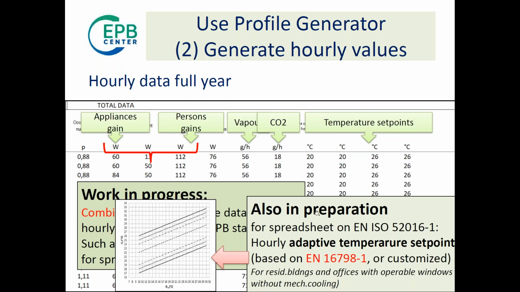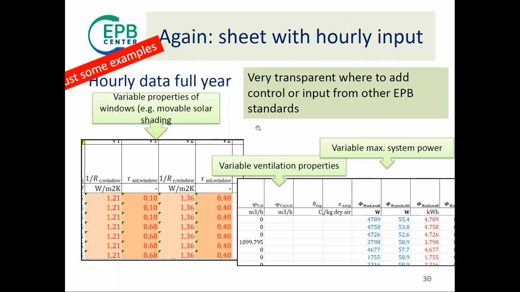Yeah, and another feature you can then create is that you can replace the set points for the temperature, which are fixed for a certain time of the day, into adaptive temperature set points, again based on the same standard or customized. For instance, you have national annexes in Switzerland and Denmark who replace these default adaptive temperature set points by a modified version of that. Yeah, so that's also something which is in preparation to use, and that's specifically for residential buildings and offices without mechanical cooling. So going back to the sheet with the hourly input data,